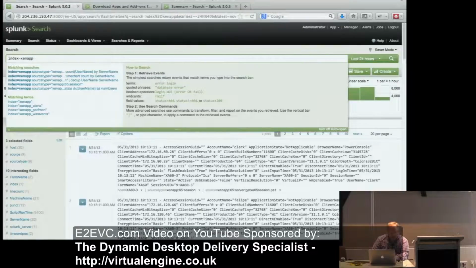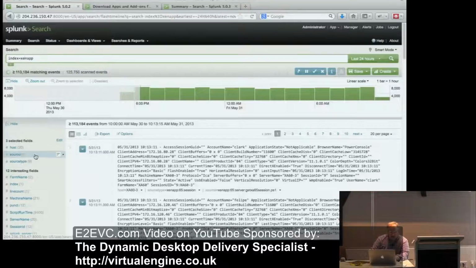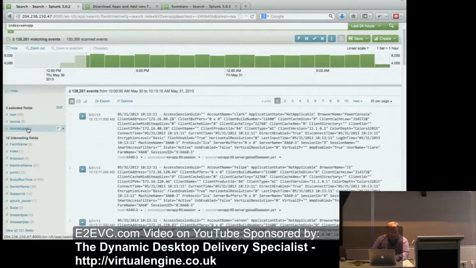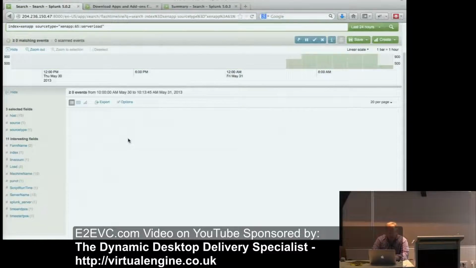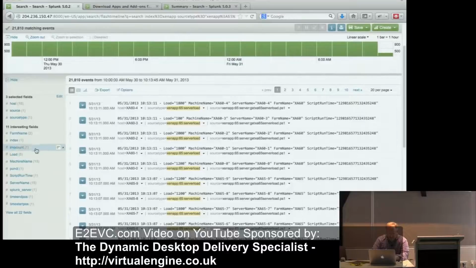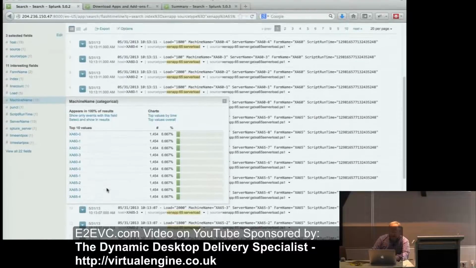Then I can see over here I have farm name. I have 2 farm names. If I do load, it'll show me some of the values that it's seen, and the top part of those values. Same thing with machine name, it'll show me the machine names, that kind of stuff. Server name. So if I wanted to, just give me a stats command. I don't want to do caps. Let me have the average load as load by server name. And that should give me the average server load by server name.